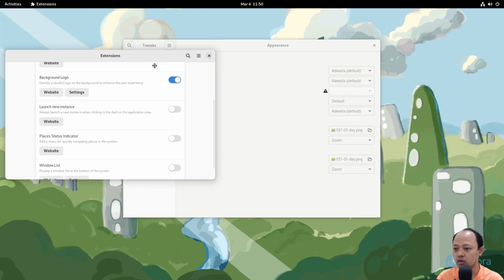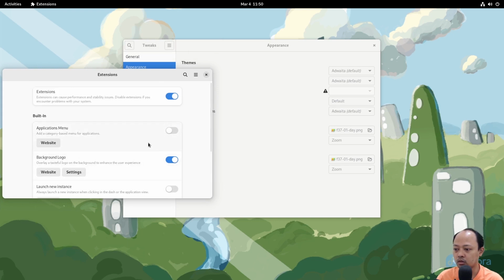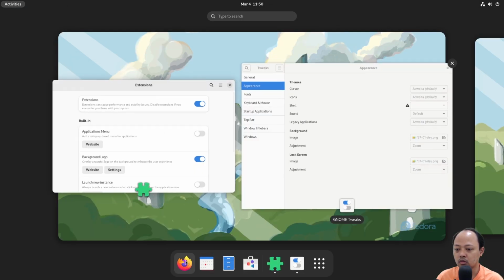Okay, so I think the GNOME Shell extension is installed in the local folder, so I cannot load it from the other user. I will install it.